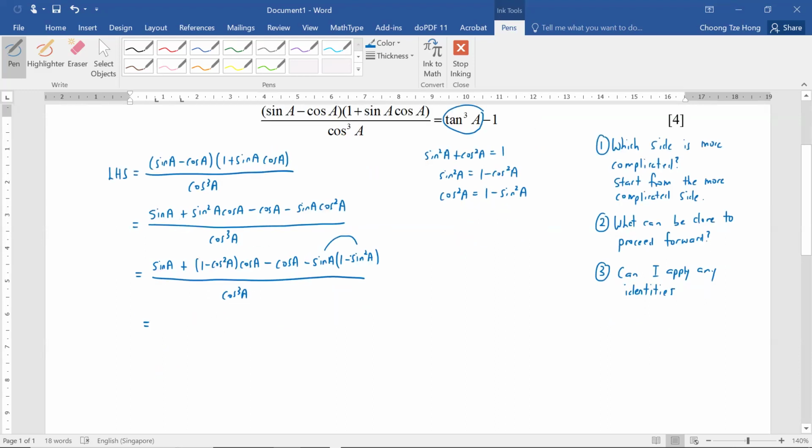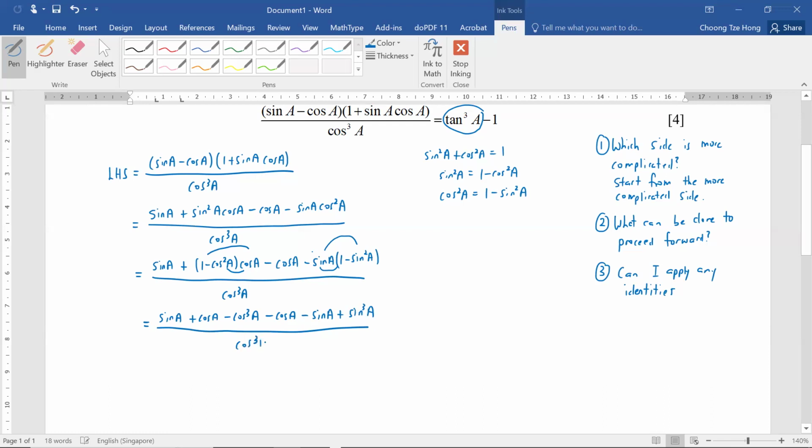Right, so then of course, let's expand. So we'll get sine A plus cosine A. Now I'm expanding all these, minus cosine cube A, then minus cosine A. Once again, be careful. Then this time you'll get minus sine A and plus sine cube A, alright? So over